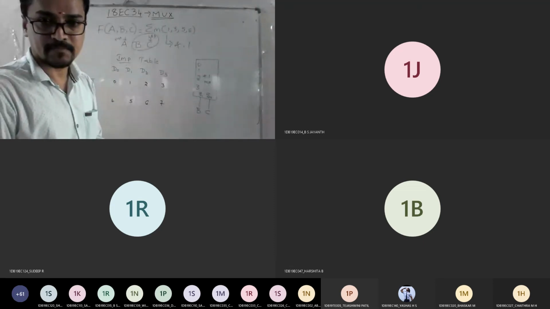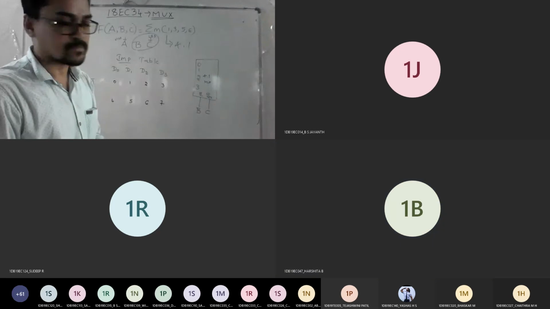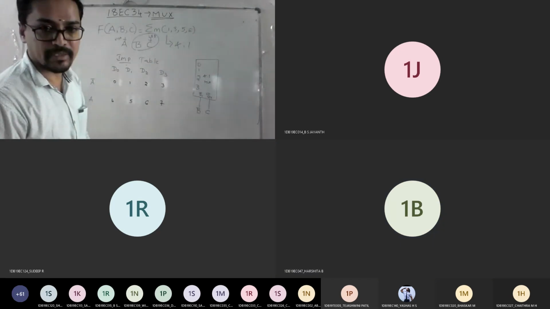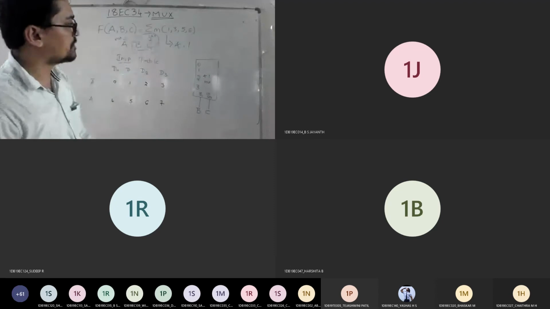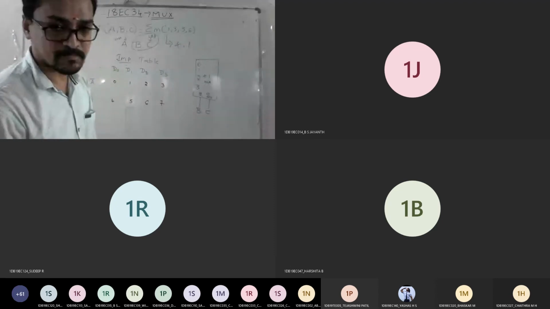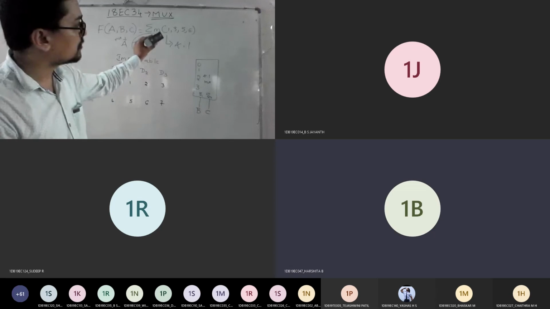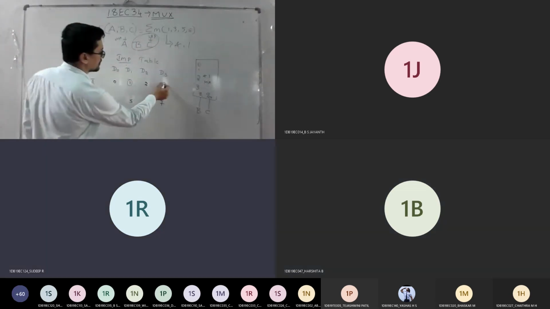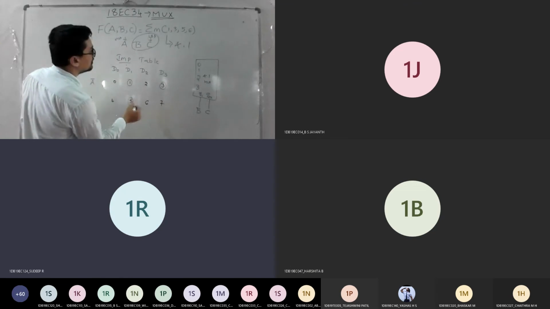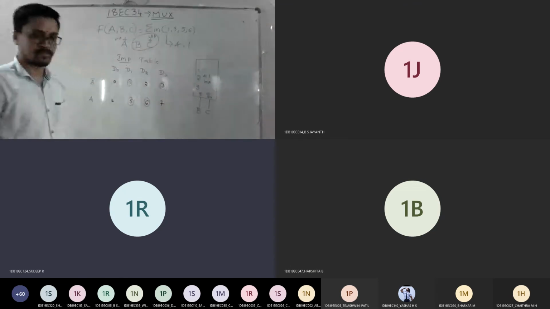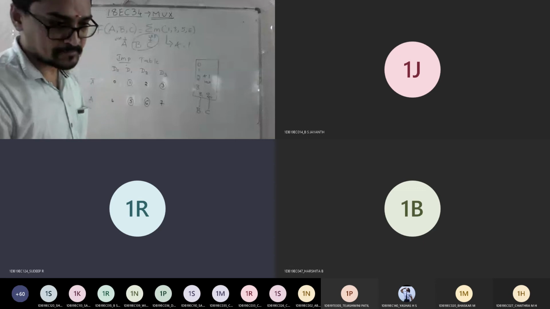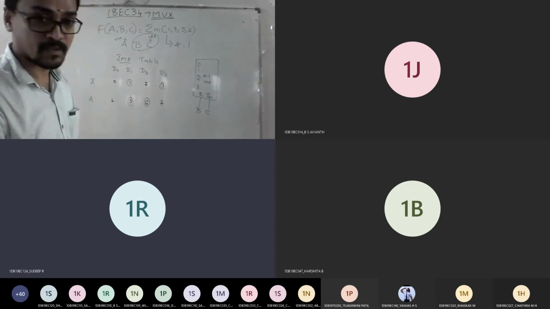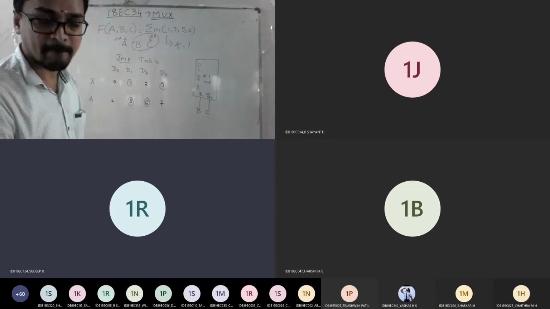Is it fine till here to everyone? Okay. Now you need to mark the min terms given in the question. Look at the question and tell me where the min terms are. 1, 3, 5, 6. Good. So mark that 1, 3, 5 and 6. Any doubts with this marking?